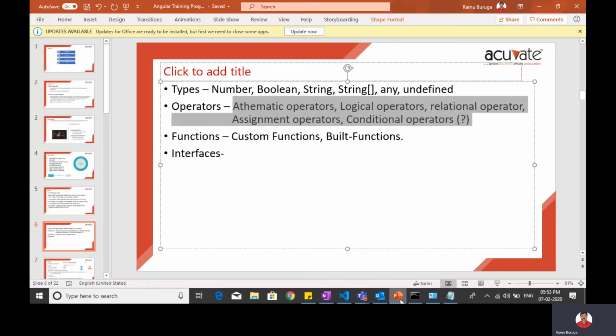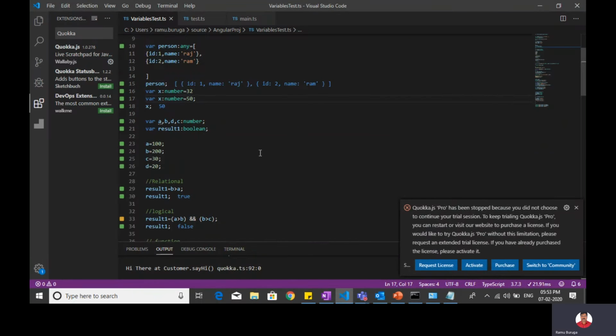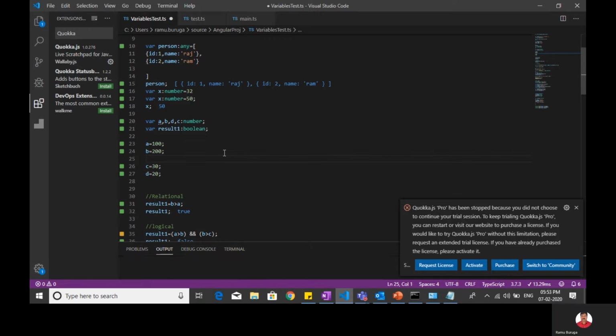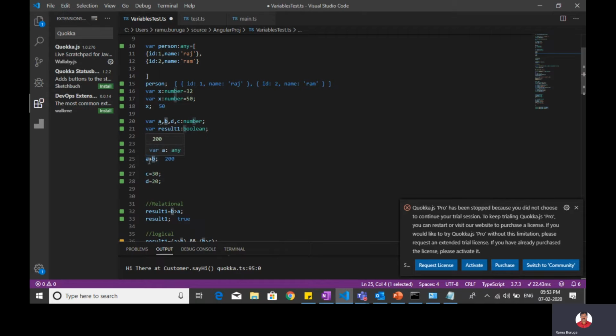And next one is operators. You all know that, right? Plus, minus, and all the stuff, you know that, right? So if I do here a plus, how much is showing? 200. Automatically arithmetic is happening.